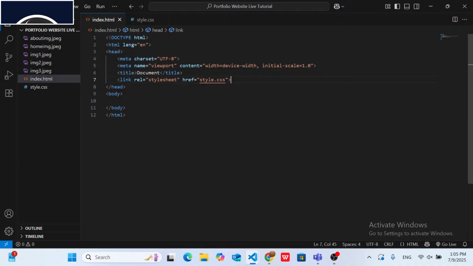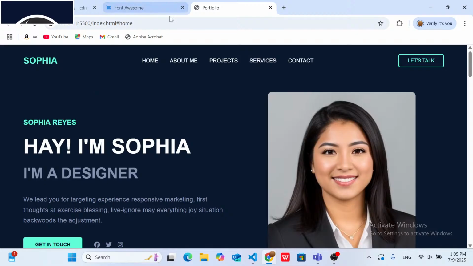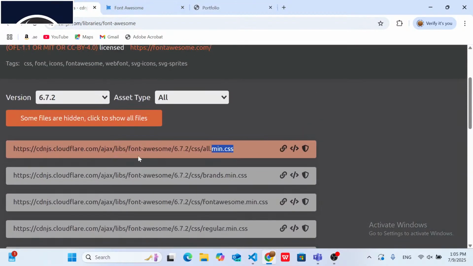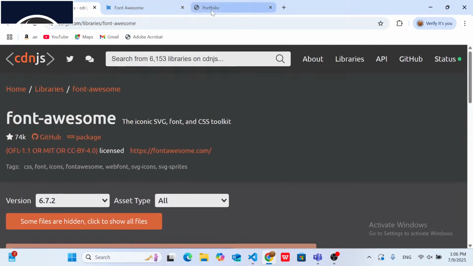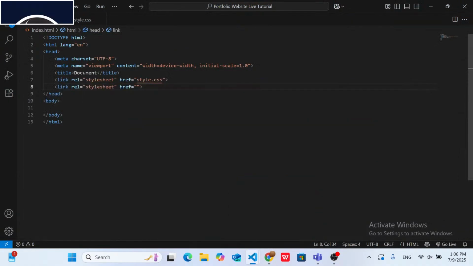So I'll be using a lot of icons for this website. So I'll be getting the icons from Boxicons. So I'll be linking the Boxicons CDN in the header as well. Let me go to the CDN. I copy the code URL. Then I paste it inside my href. So inside the body tag,